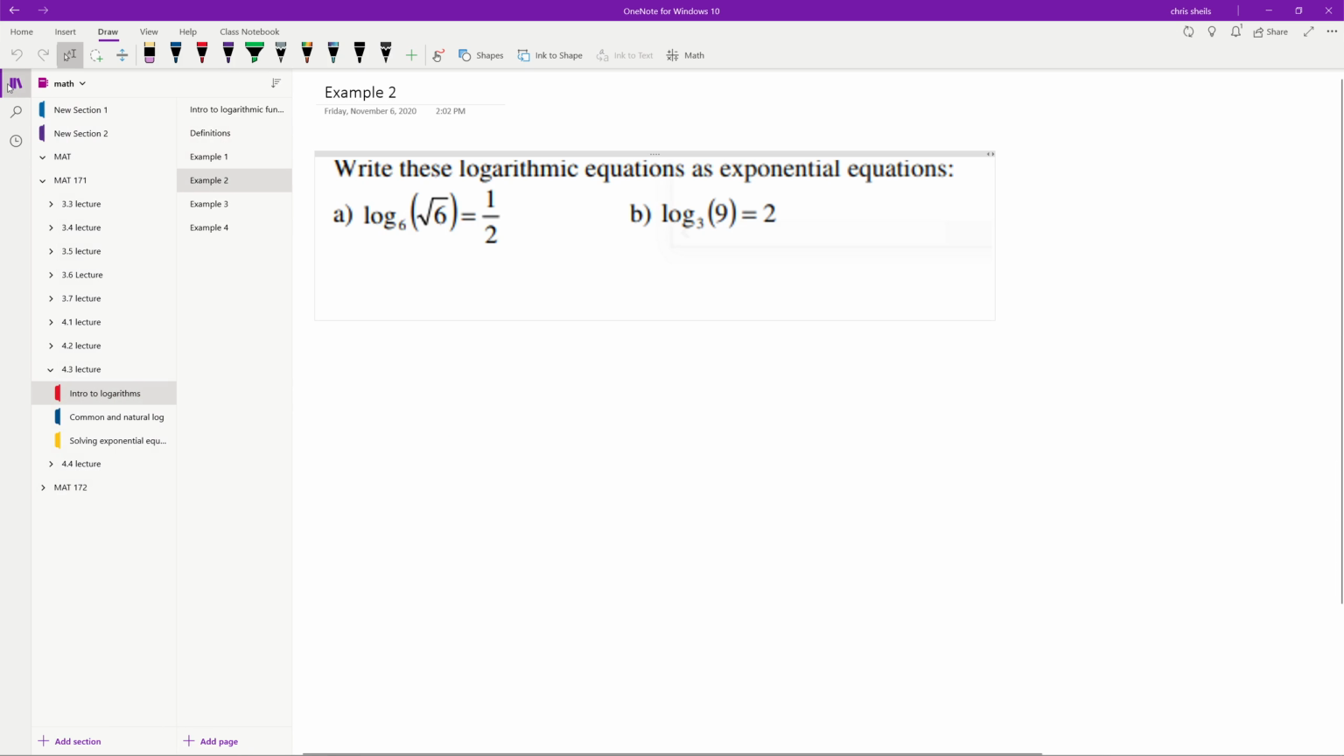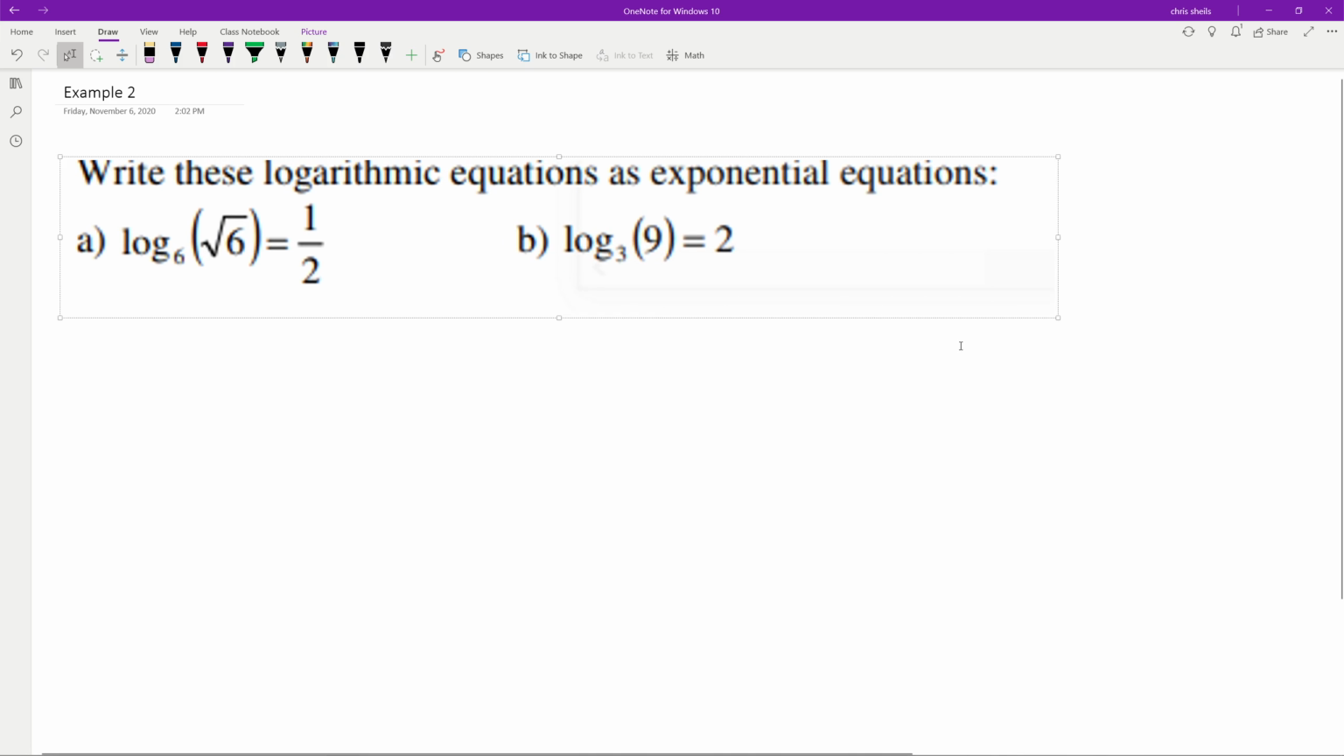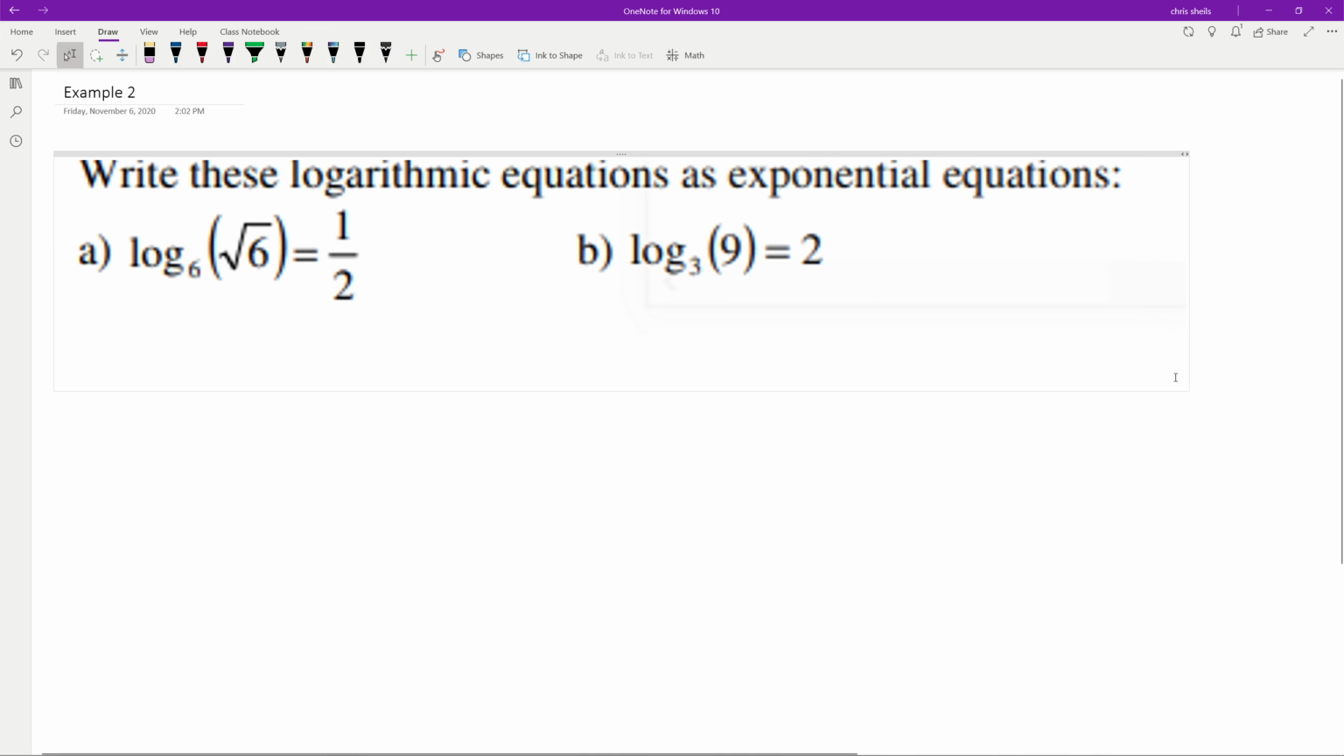Now, let's look at going the other way. Write these logarithmic equations as exponential equations. On the left-hand side, I have log base 6 of the square root of 6 is equal to 1/2. The way that I undo these logarithms is by exponentiating with this logarithmic base on both sides. So,